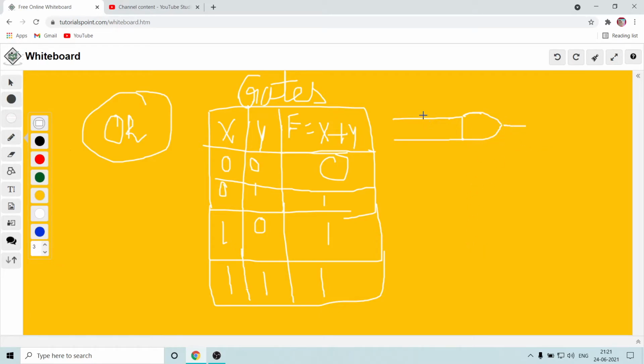So this is my OR gate. I take as input x and y, and my output is x plus y. So we say if we have 2 inputs as 0, 0, we'll get output as 0. If we have 2 inputs as 0 and 1, we'll get an output of 1. If we have inputs of 1 and 0, we'll get an output of 1. And the last possible combination, if we are having the value of 1, 1, we are